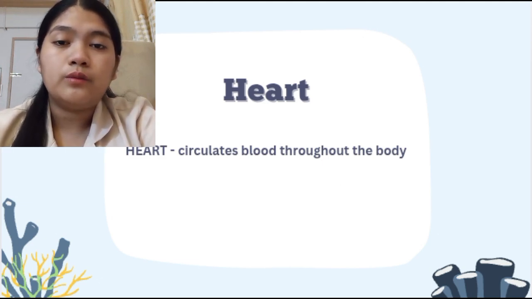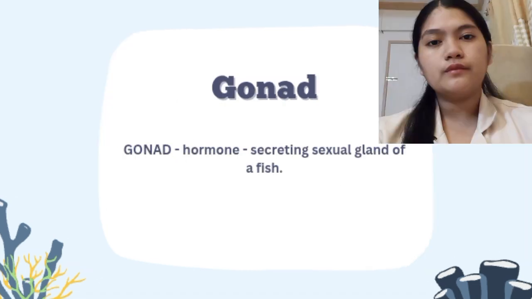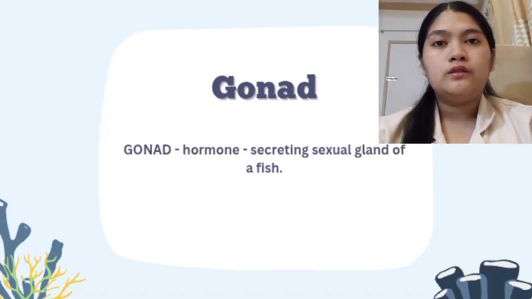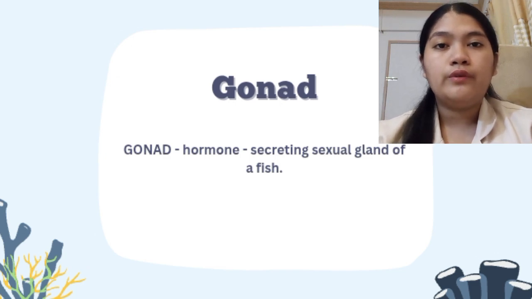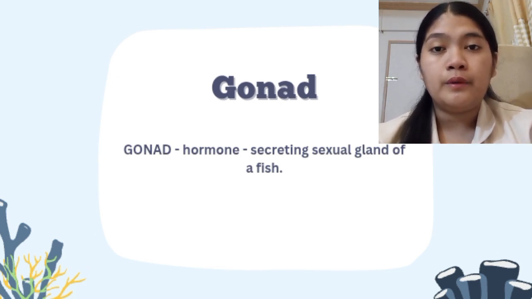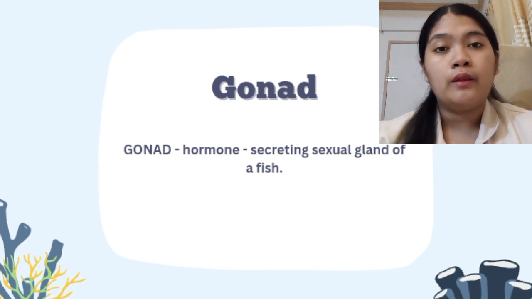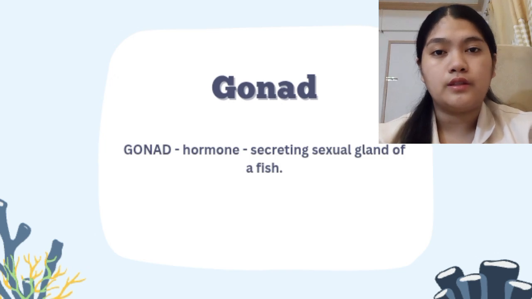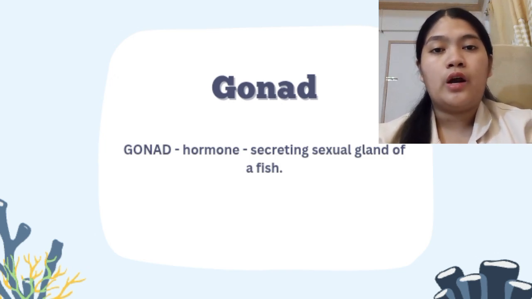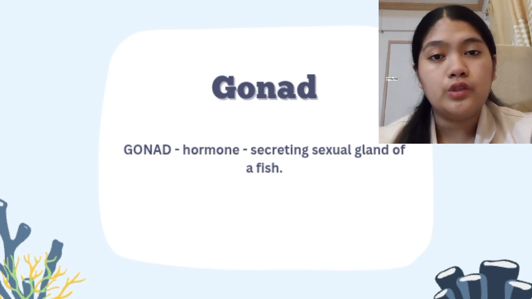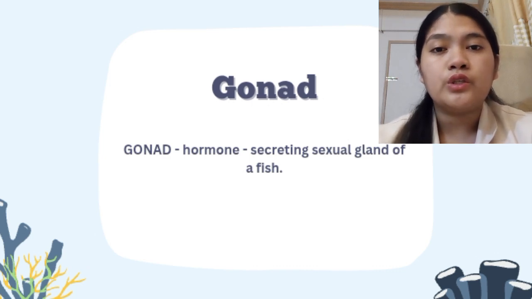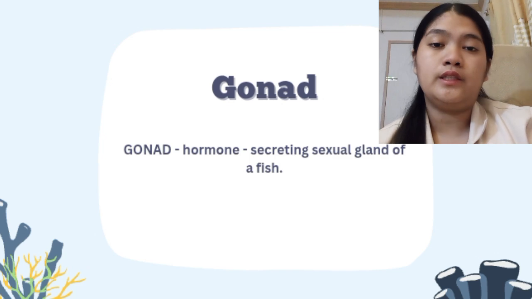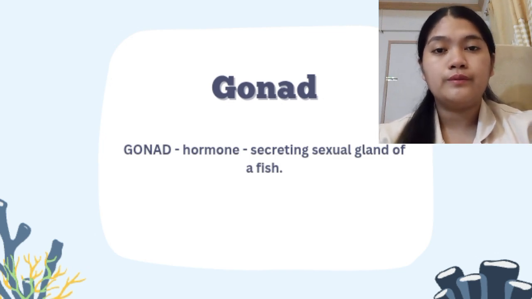And the last one is the gonads. The gonads are the reproductive organs of the fish. They produce sex cells in the fish. The female fish produce eggs by means of paired ovaries while male fish produce sperm by means of paired testes. The gonads of the fish are located in the same general location. The eggs of some fish are considered a delicacy in certain parts of the world.